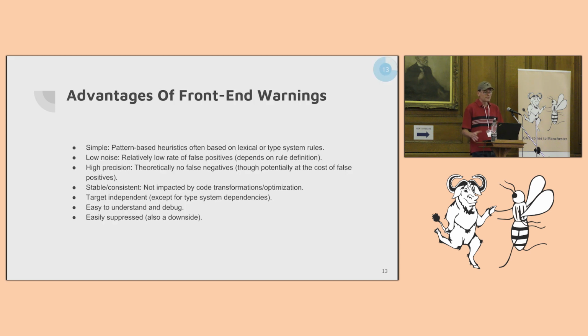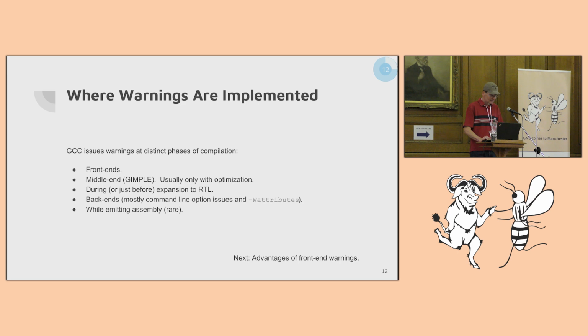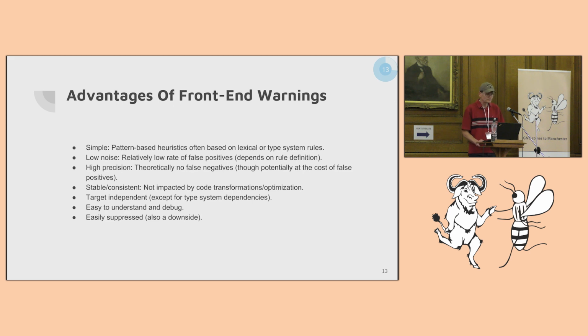So some advantages of front-end warnings. You said except the preprocessor, but the preprocessor does issue warnings. If it looks like, say, you've tried to write a C comment inside a C comment or things like that, it will complain that it doesn't do what you probably meant. Okay, so even the preprocessor does things as well. Good to know. So essentially every stage of the compilation process issues some warnings.